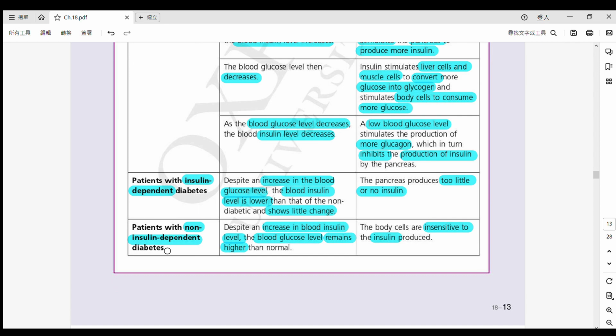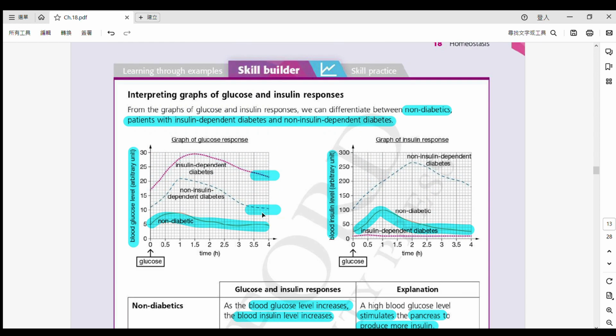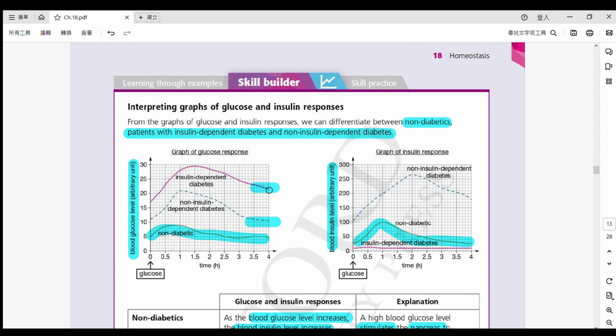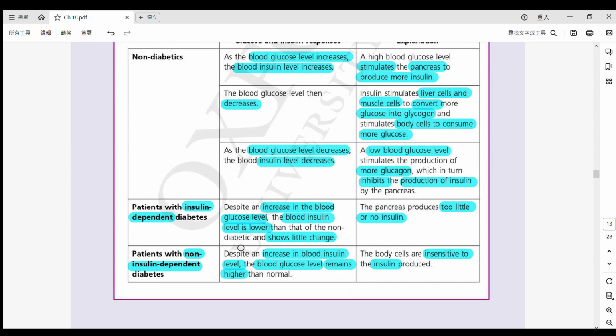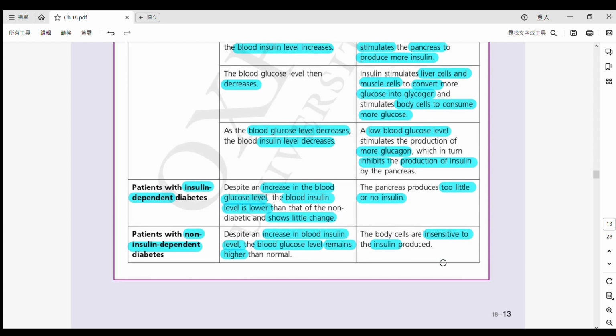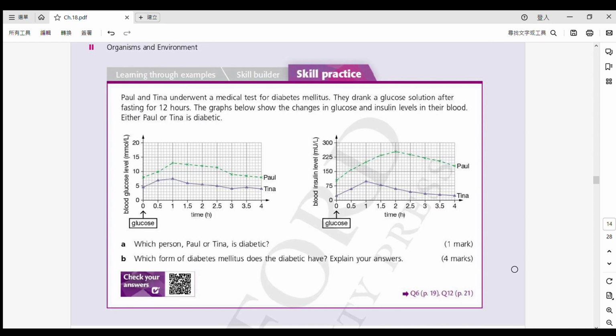And then the last one 就係講 type 2 嘅 diabetes 咯。Type 2 嗰就係 non-insulin dependent。So as you can see, these people 佢會有一個 higher 嘅 blood glucose level 啦。At the same time 佢嘅 insulin level 都係 very high 嘅喎。However, why is it not decreasing the blood glucose level？點解唔會降低個血糖水平嘅咧？The reason is 可以望一望翻先啦。佢同你講 increase in blood insulin level，但係啦個 blood glucose level remains high，remains higher than normal 嘅，係高於正常水平嘅。So the reason is because the body cells are insensitive. Okay, they are not sensitive to insulin, so therefore they are not going to convert the excess glucose into glycogen. Okay，所以啦，佢哋嘅 glucose uptake 係 inefficient 㗎。